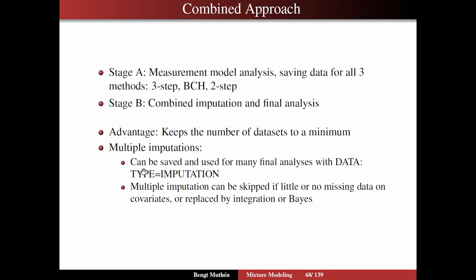Slide 68 then is a brief discussion of the two stages. First stage, which is really the first step, is a measurement model analysis once again. It's just with the slight change that we save data that can be used by all three methods later on in the final step. And instead of steps, we talk about stages here. Stage B is then the combined imputation and final analysis. So the reason for doing that is that one key advantage is gained by keeping the number of data sets to a minimum,